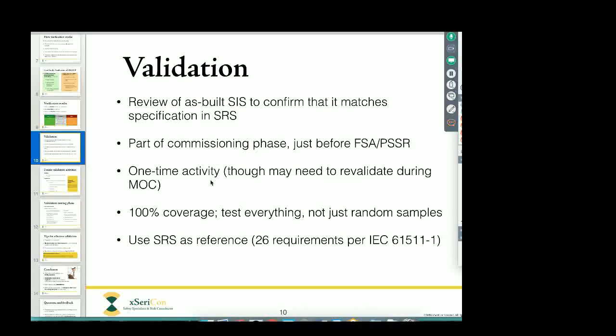Validation normally needs to be done only one time in the life cycle. However, if we make significant changes later to the safety system as a result of a management of change controlled activity, we may need to revalidate the parts that were changed. Now that revalidation can be very specific in scope, so that can be a very small and quick task, and it will certainly be made easier if we had a very clearly written validation procedure and validation report from the